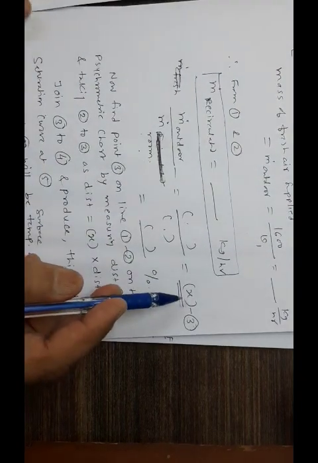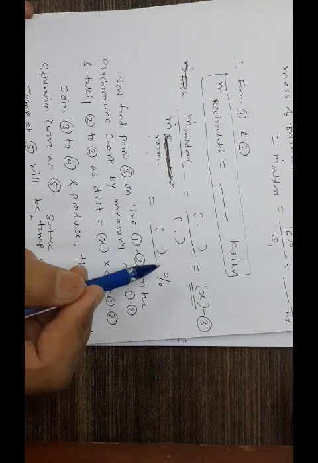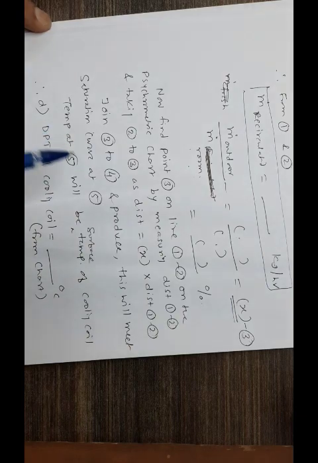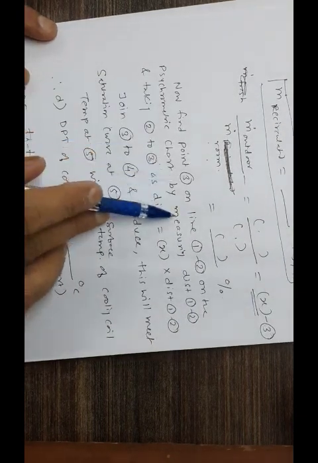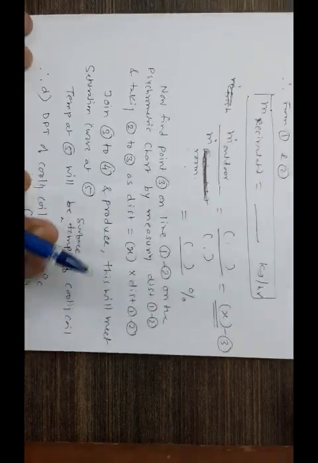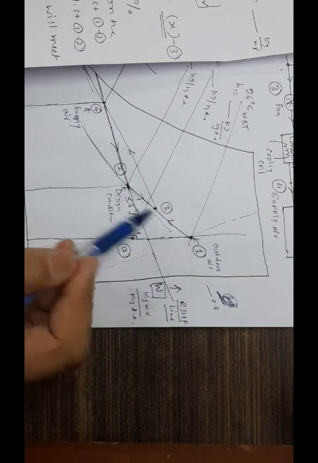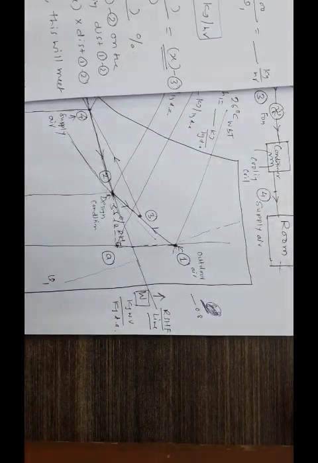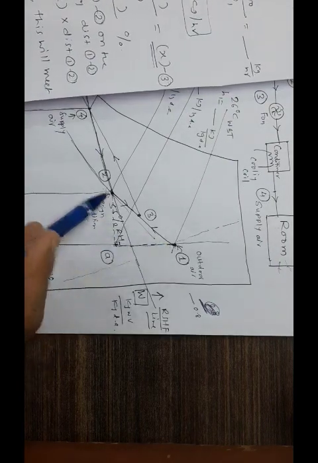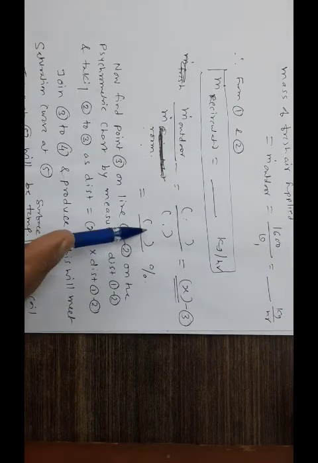You have got this value as x. Suppose that comes as 0.35. I don't know, it may be 0.38, 0.39, something like that. So if that is the case, now find point 3 on the line 1, 2 on the psychrometric chart by measuring the distance 1 to 2. First measure the distance 1 to 2, in millimeters preferably. Whatever it comes as, suppose it comes as 100. It may not be 100, it might be 70, 50, something like that. So whatever it comes, suppose it comes as 100, then of 100, this is 0.35.